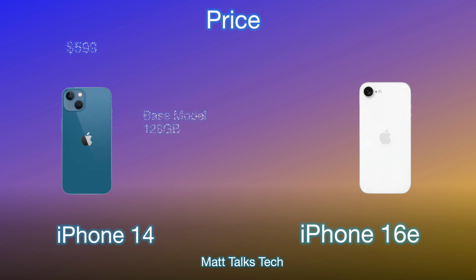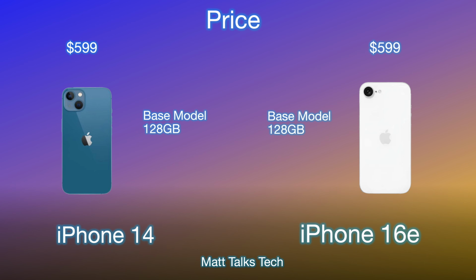Then for the actual price, and this is where it gets interesting. Obviously the iPhone 14, when it first came out, started at $799, but obviously each year it's been reduced by $100, and just most recently, until the 16e came out, it was $599 on Apple's website, and it gave you the same amount of base storage. So Apple have matched this. This is what I'm saying. The 16e is a replacement for the SE third generation and also for the iPhone 14, what they were selling on their site. So now this is definitely a similar kind of buy, as it were,